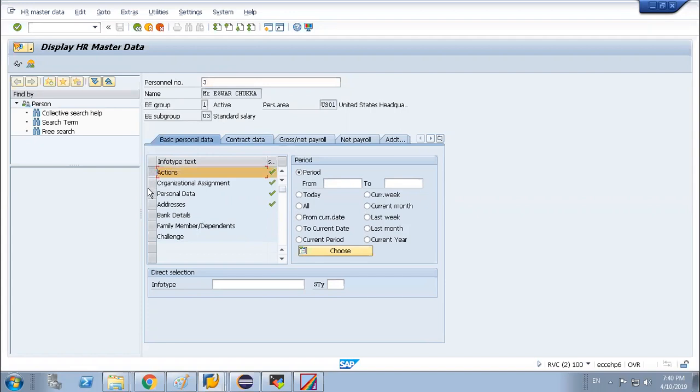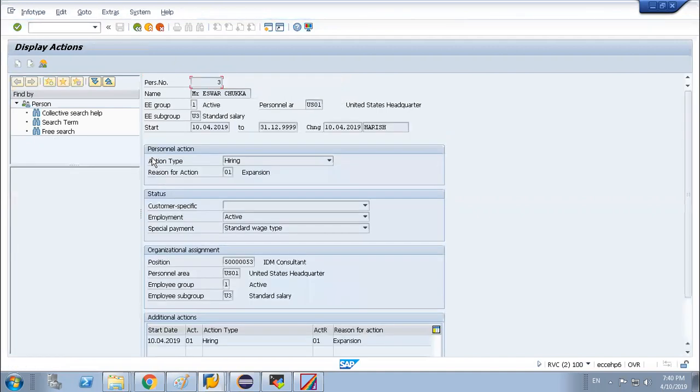If you go to the action of this partner, you can see the action type is hiring. This is some random position. This is the personnel area, user group 1, that means active, and this is some subgroup.